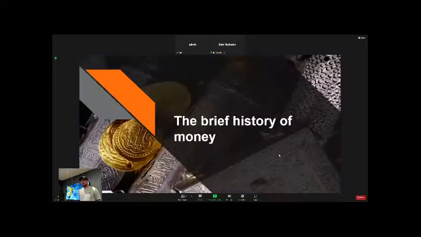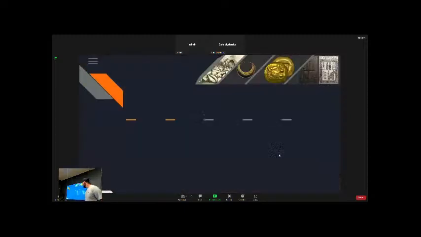So we're going to start with the brief history of money. This is an interesting one. In 1200 BC, we were using seashells, namely in China, as currency. They were used for decorative purposes, jewelry, or general decorations. And then the first metal money is seen in 1000 BC. It looks like these metal rings up here. For those of you on the stream, that's the second picture at the top.